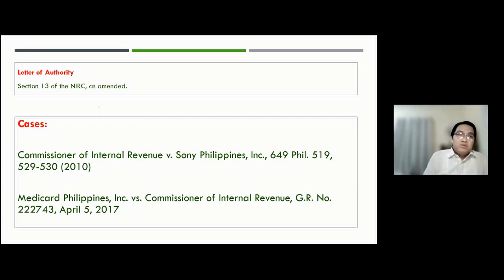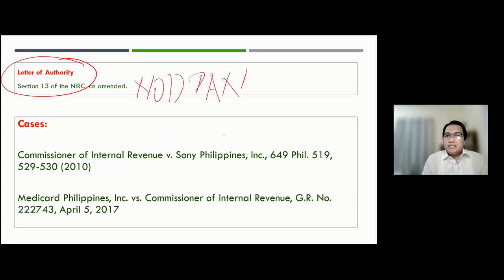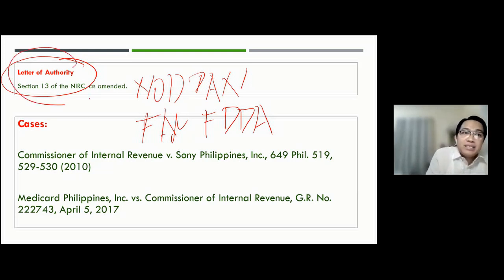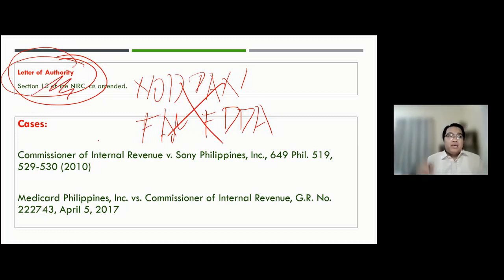And how is it done? Through the issuance of a letter of authority. If there is a notice of discrepancy issued, a preliminary assessment notice issued, a FAN issued, or a final decision on disputed assessment issued without a letter of authority, that is a null and void assessment. Okay? That is a null and void assessment. Okay? Remember, class, an assessment issued without a letter of authority is a null and void assessment. Okay? Nakuha natin? Now,